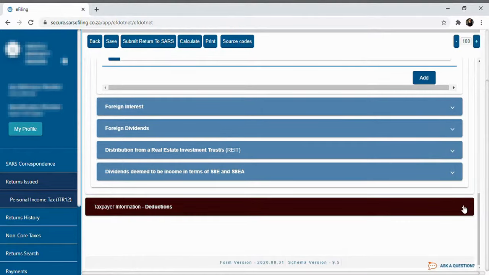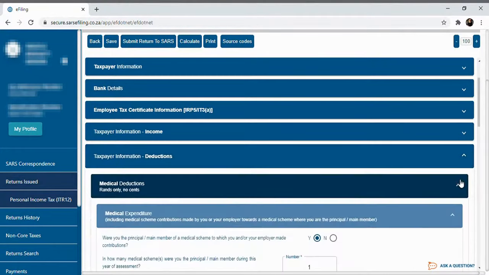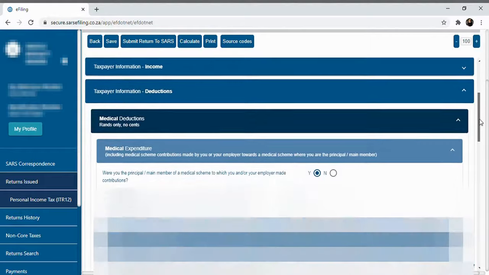And this one, the last one, is part of deductions. So as part of deductions, this is what SARS, it's the nice thing about SARS. They don't just take your money, they also look after you, and this is how they do it, by giving you deductions for things like medical aid expenses, travel allowance, car allowance. And so with the medical deductions one, this is also auto-populated, but you want to come on